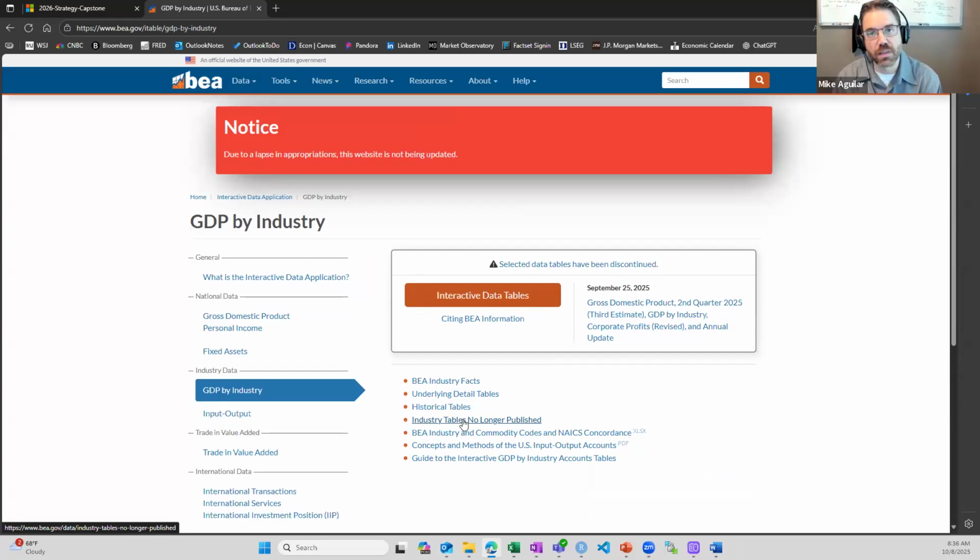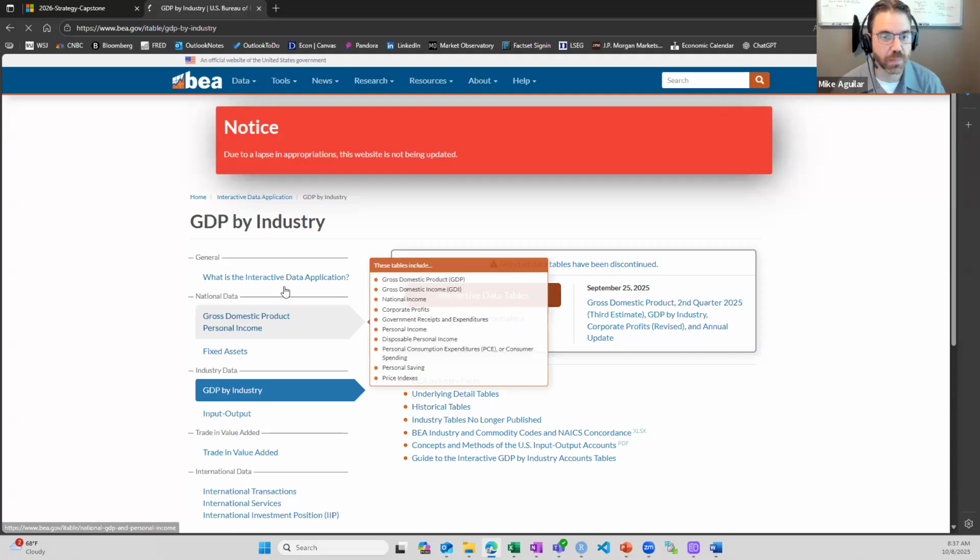Deep dive on the way in which the NIPA accounts are constructed. We don't need that. Historical tables. The data that we'll have goes back to, depending upon the industry and the line item, the 1940s, sometimes to 1997. Historical tables have older data, but the trick there is that sometimes their methodology is different. Sometimes they're indexed at different points. So it takes great care to be able to splice these things together. I try to do some of that on the National Income Project over at the Market Observatory. But for now,